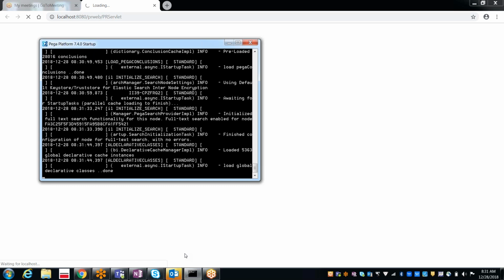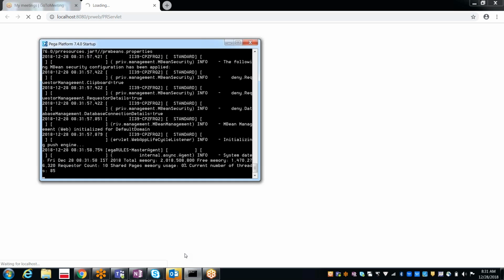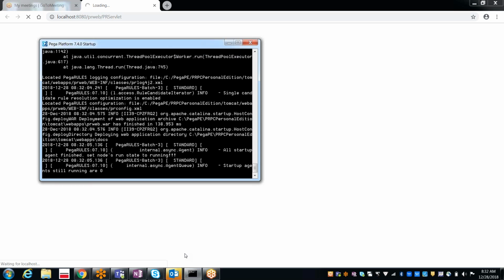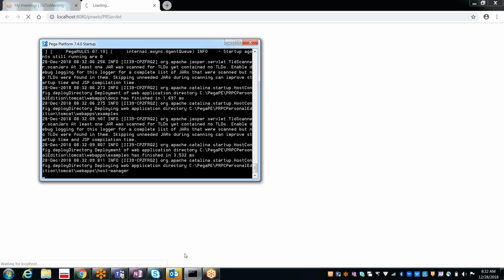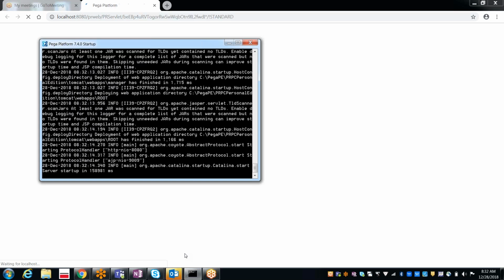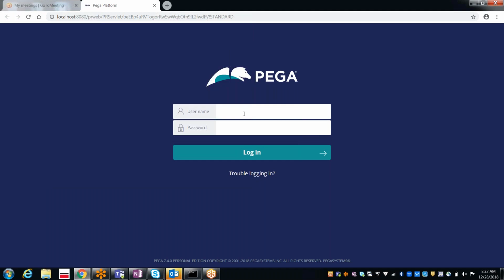Okay, so just to have a small recap of yesterday's session. Yesterday we discussed data transforms, DTs, right? DT is mainly used for copying data or assigning values from one page to another page, or from one page list property to another page list property. We can achieve this through activities as well. In the activity, we can use the property set method or the page copy method. The same thing we can achieve through the data transform also.